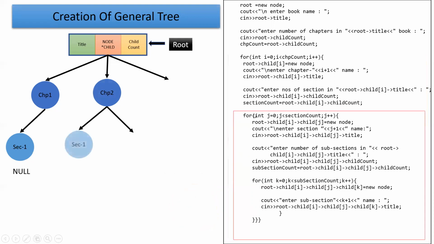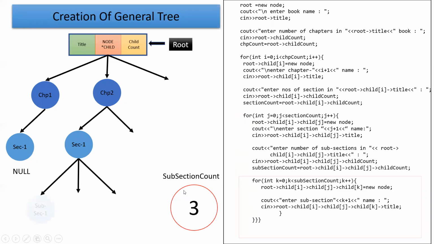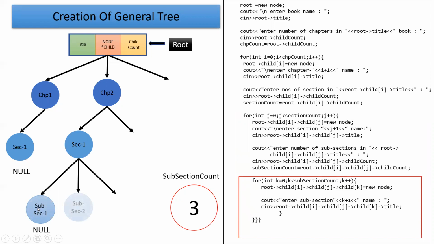So again, this second J for loop will execute. It will accept section 1. Then for this section 1, as we want to attach 3 subsections, now this K for loop will execute. This highlighted box will execute. It will accept the subsection data from the user, that is subsection 1, then subsection 2, and then subsection 3.